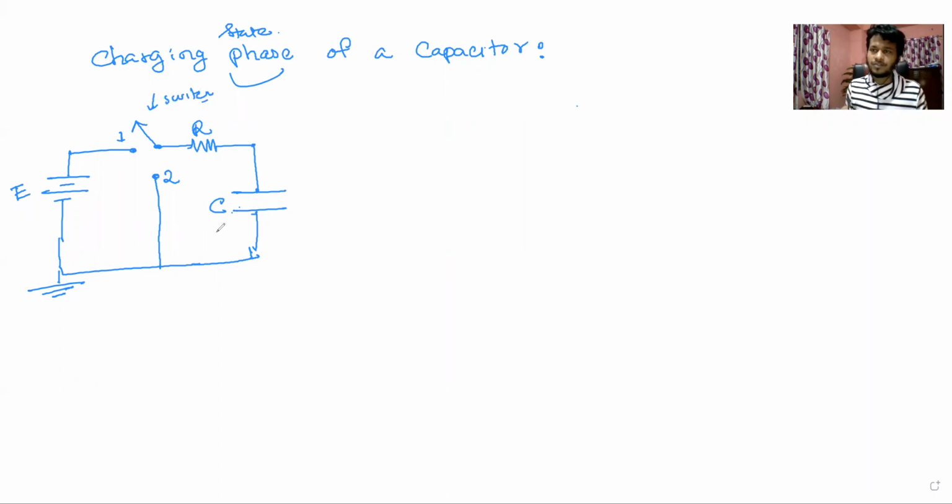Okay. So if we observe, we will see that a resistor and a capacitor are connected in series in this circuit, right? And that's why this circuit has a special name known as RC series circuit. Okay, RC DC series circuit. Why is it called DC? Because we have used a DC power supply.